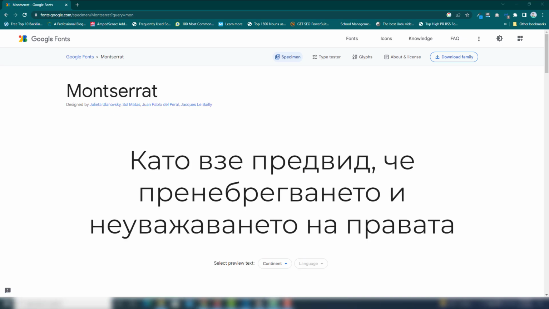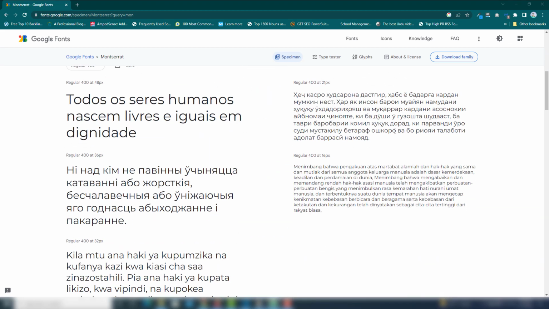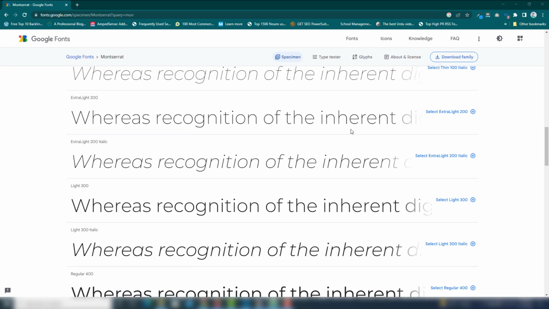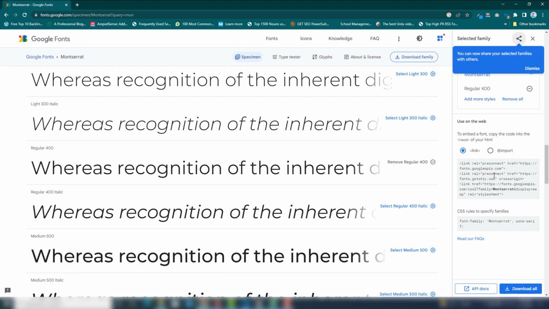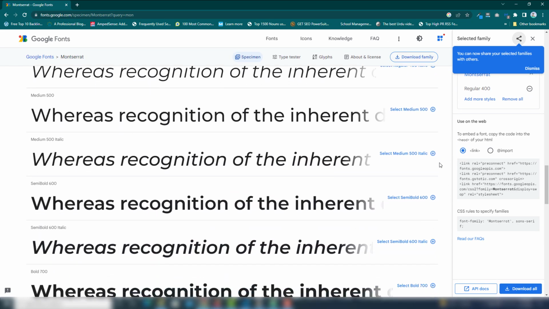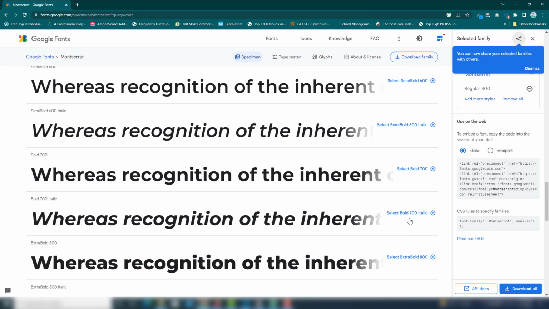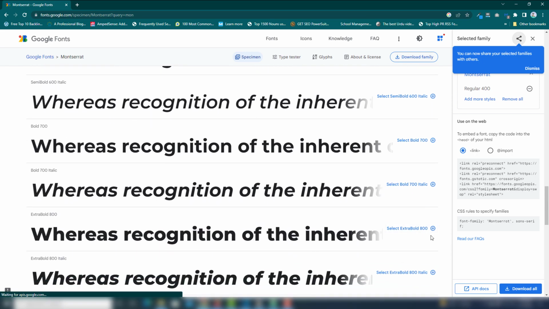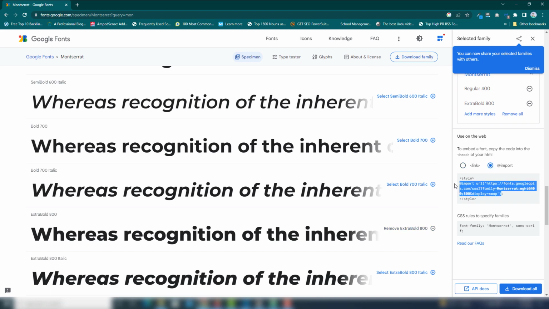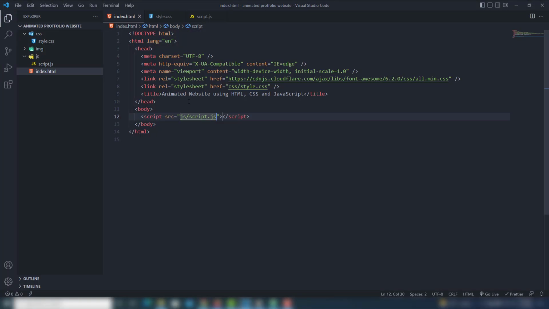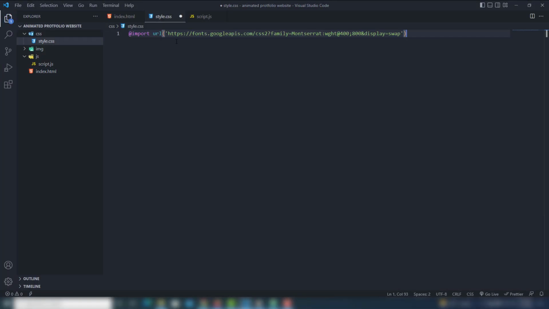I will use those fonts, and I'm going to select the 400 weight, and also add this one, right? So use import and get the fonts, copy it and go to your style.css and paste it, right?